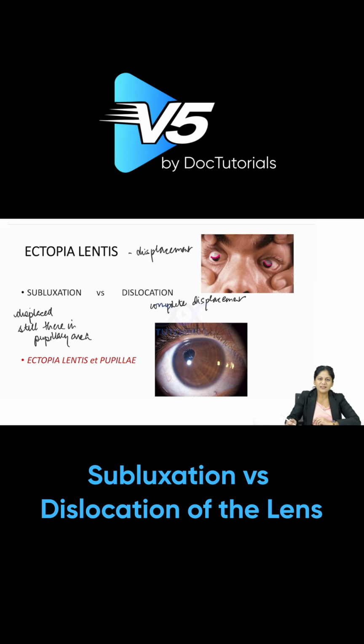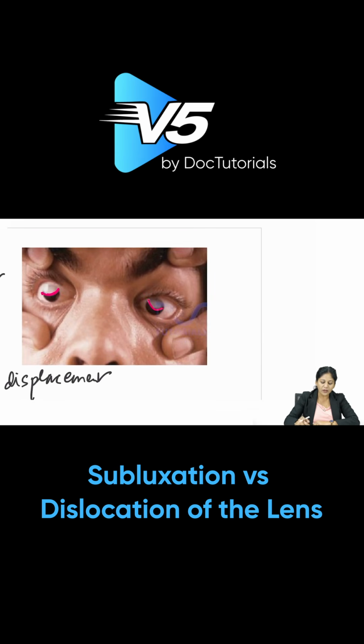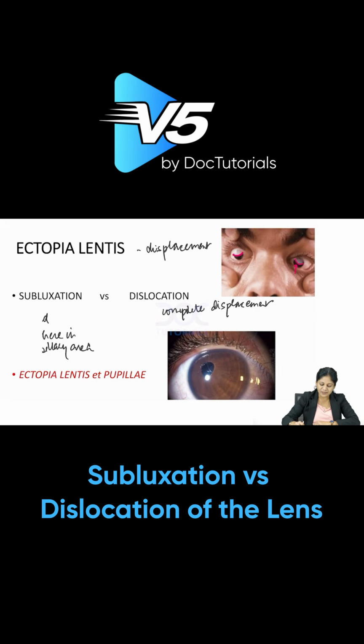So, can I say trauma? There is a trauma, and because of that, there is an injury to the zonules. Yes, when the poor zonules are there, the weak zonules, the traumatized zonules are there, they're not able to hold the lens. So, the good zonules can pull the lens their way, isn't it? So, if I show you this picture again and I ask you where are the zonules weakened, can I say zonules are weaker in the inferior part? That's why good zonules are pulling the lens towards them. Okay, so this is a question. Can I say trauma is the most common cause of subluxation?